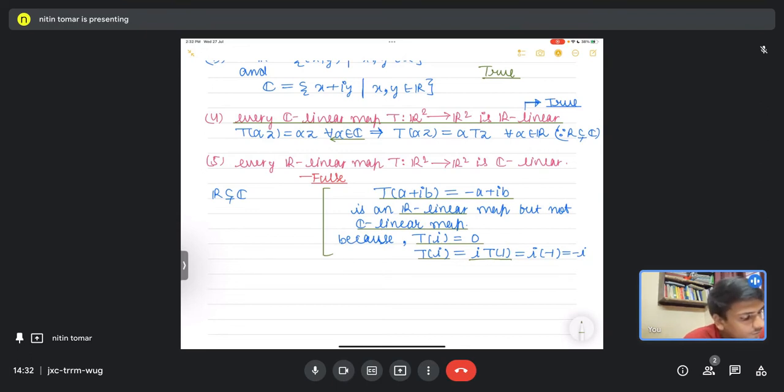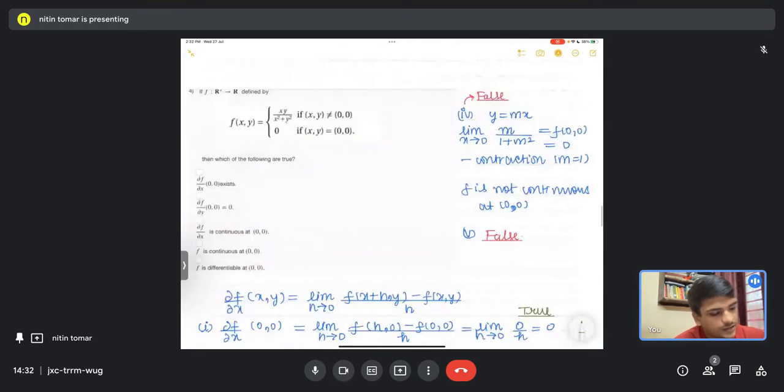But T of 1 by definition is minus 1, so it should be minus iota. So T of iota is having two different values, 0 and minus iota, which is not possible. Okay, so this is not a C-linear map. Now the fourth question is from